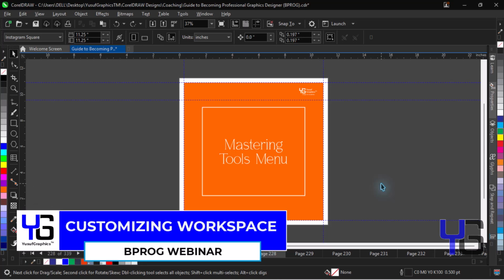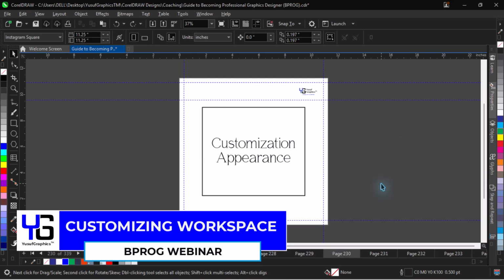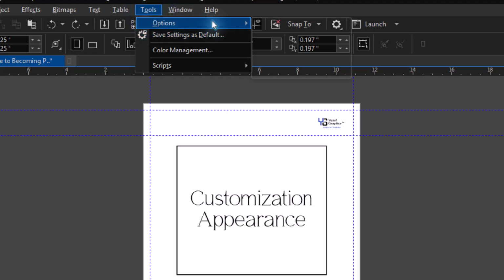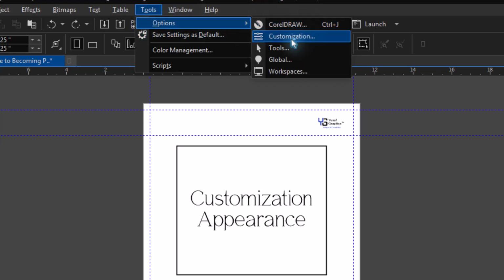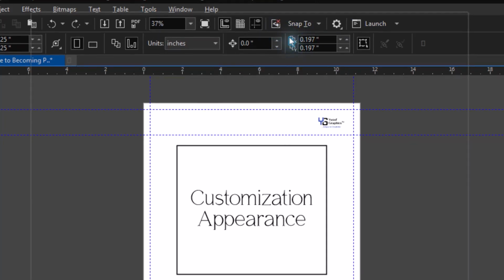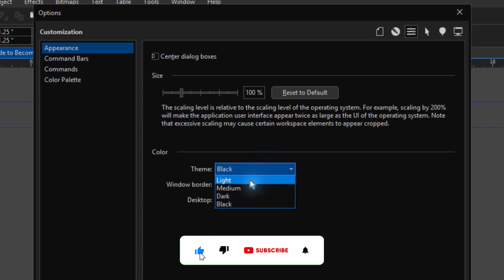To change the appearance of your CorelDRAW from dark to light, you come to the Tools menu. You click on Options. Then you click on Customization. You'll be able to change the theme of your environment, the workspace,